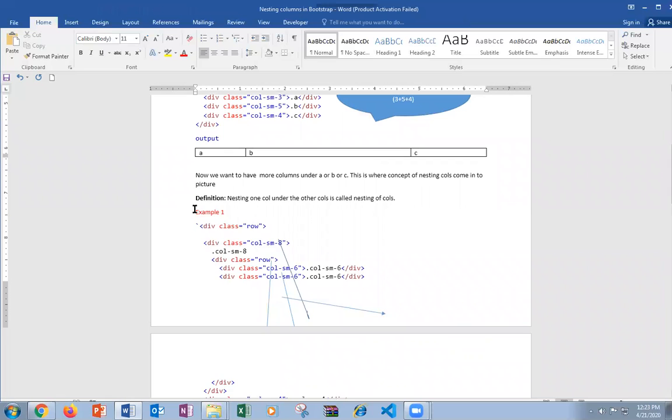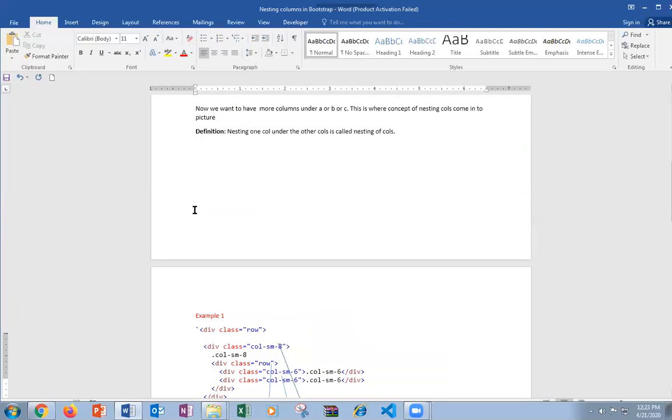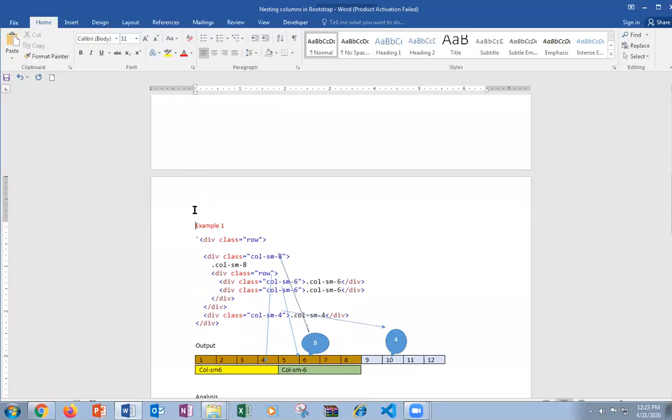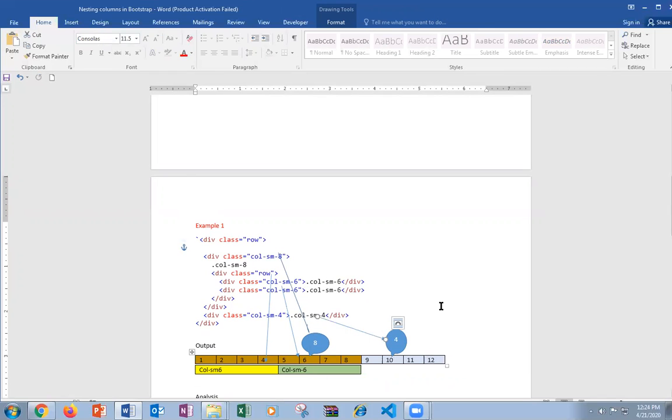I will just go like this. Okay, so this is 8 and I have, let's say, 4. I'll split 8. Yeah, this is 8 columns and this is 4 columns. So under this A, under this column 8,